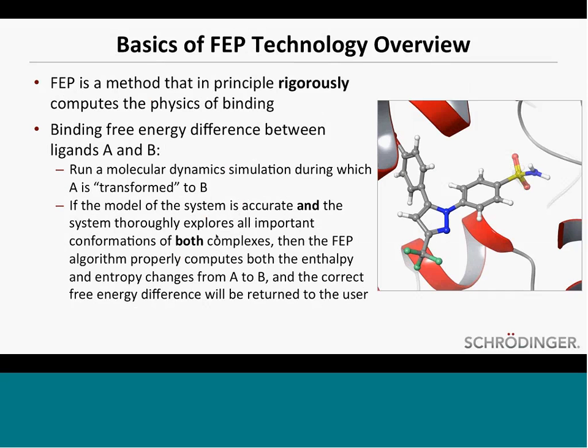What we're trying to do in FEP is to compute a binding free energy difference between ligands A and B. So we're not interested per se in the absolute binding energy of a compound against a receptor, but we are interested in the difference between two ligands. In order to do so, we run a molecular dynamics simulation during which A is transformed into ligand B. And if, and this is obviously a big if, the model of the system is accurate and the system thoroughly explores all important conformations of both the complexes, then